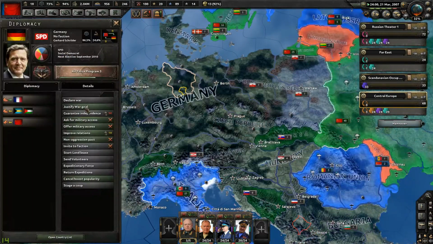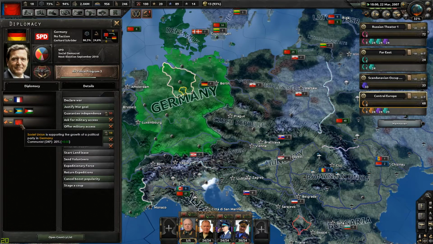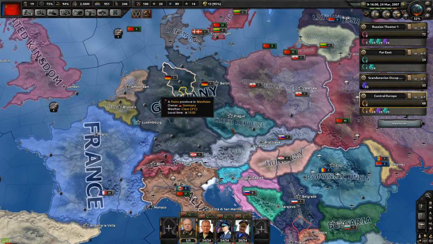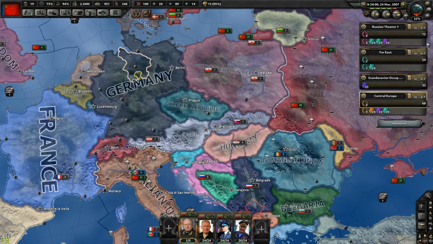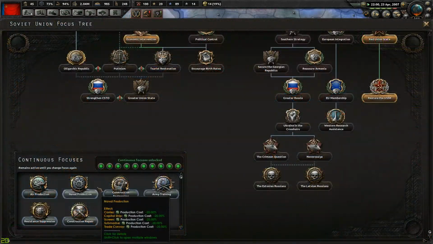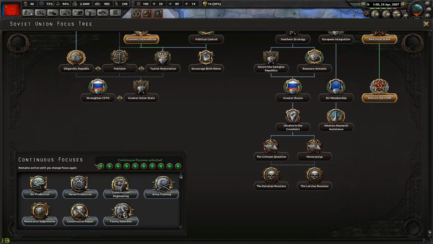Unfortunately, over in Germany, they're kind of fighting back against the communism support that was building up there. You can see it's at 20.03, and it's going down by 0.01% every day. So basically, my boosting of the popularity of communism is doing just enough to keep it afloat, but not helping it to grow anymore. So there's very little else for me to accomplish with my national focus. So we're actually going to go ahead and start working on